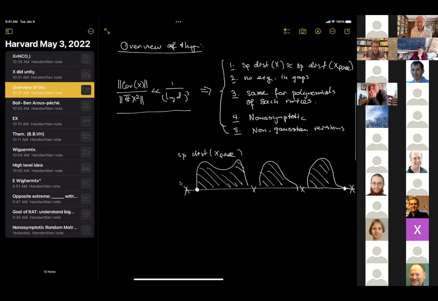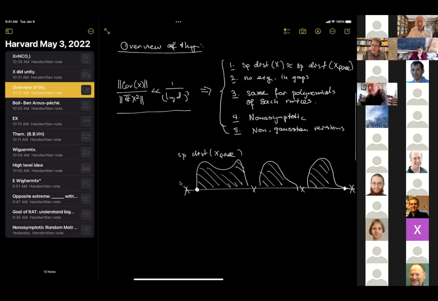And one does not have to take some asymptotic limit or something to see the behavior of free probability show up. And the main miracle here is that you only need it to be as small as 1 over log D, not as 1 over D. That's the miracle here, that it actually takes very, very little for these pairings to disappear from the picture. And that's the magic of the story.